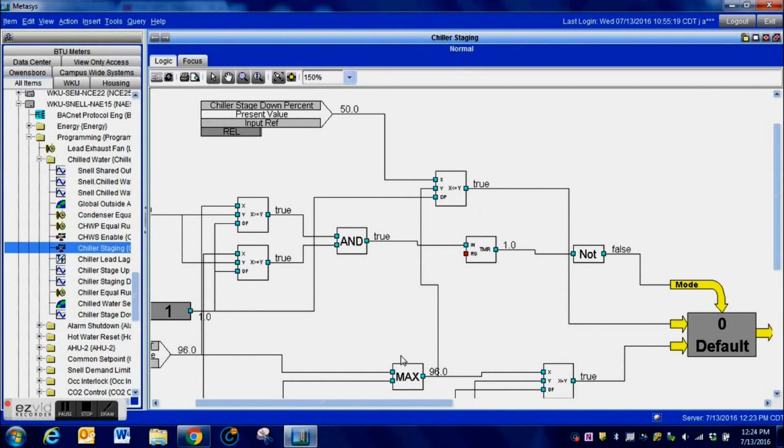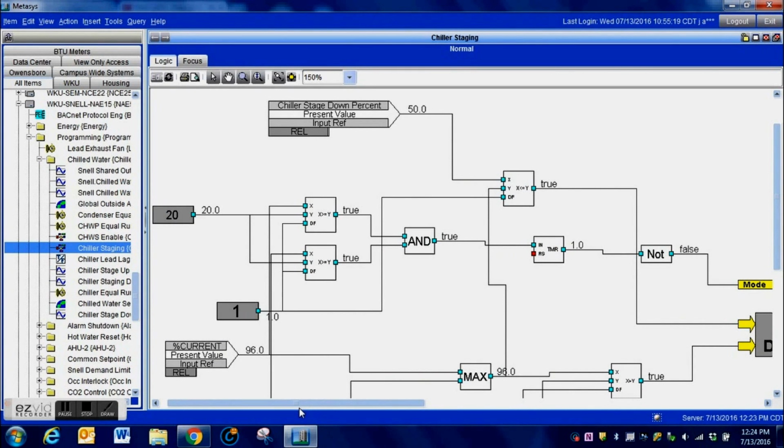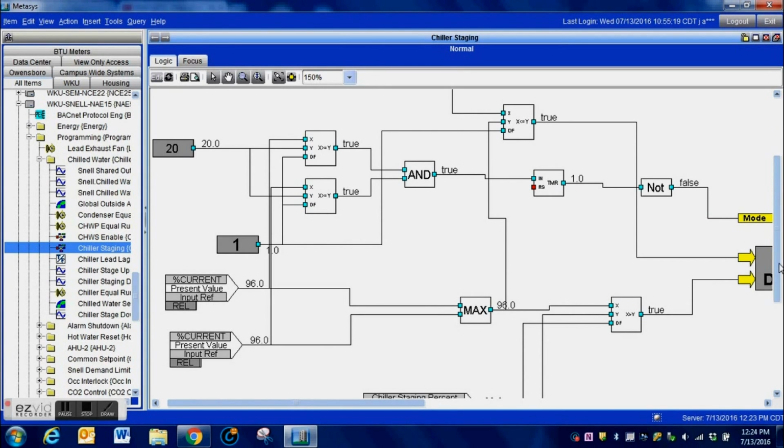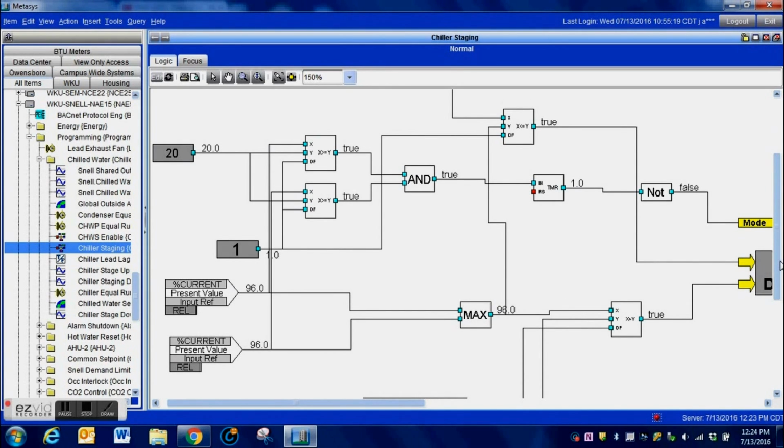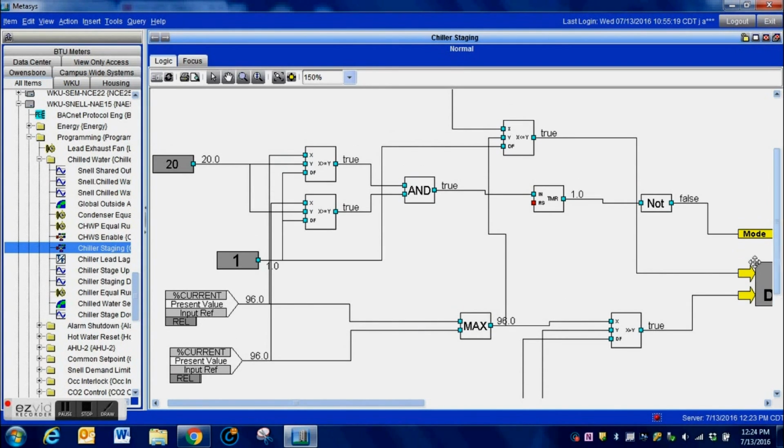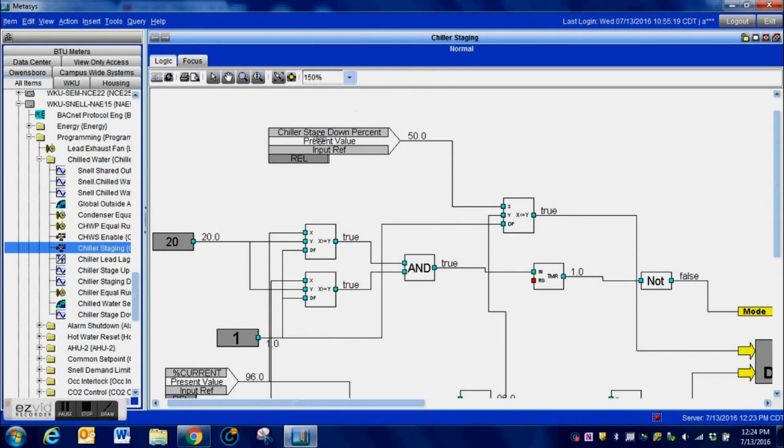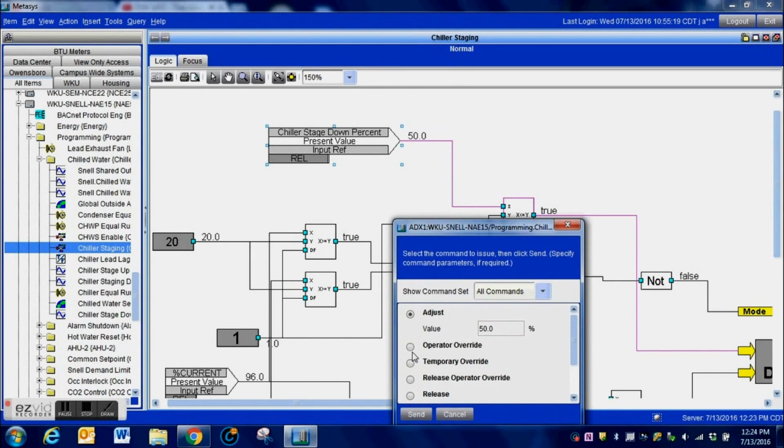and it will remain running with both chiller outputs on until the total demand falls below, or the maximum demand falls below this value here, our stage down value. Once again, you will have to play around with these numbers to get it close to your system. Now, generally, 50 and 100 will be a good baseline value. Once you reach 100% load on one chiller and it remains there long enough, that's when you're going to need that second chiller. Once your maximum load drops to 50% or below, that's when you need to drop out that